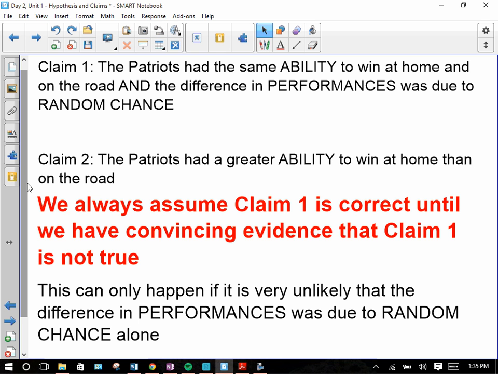The only way that you can prove that someone's ability increased or decreased is if you prove that it wasn't due to random chance. That black part is a little bit important. It's what we've been saying all year. So again, it says this can only happen if it is very unlikely that